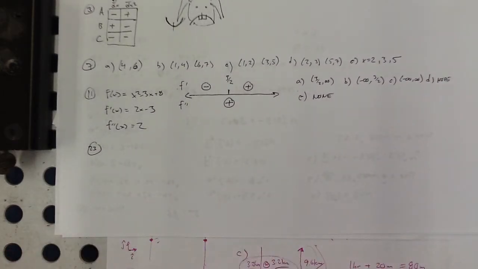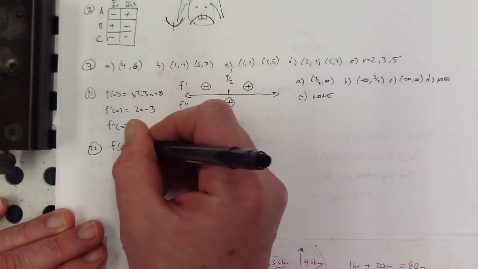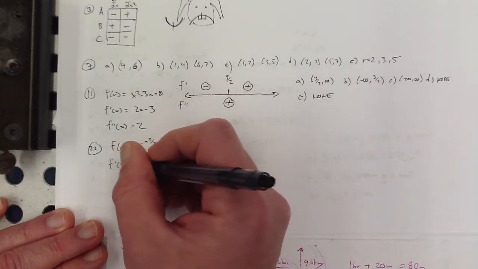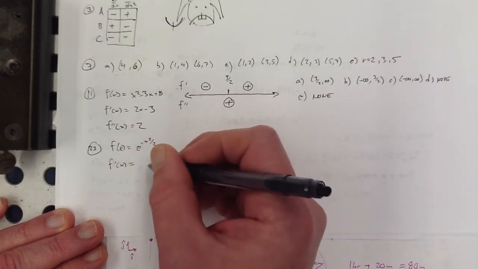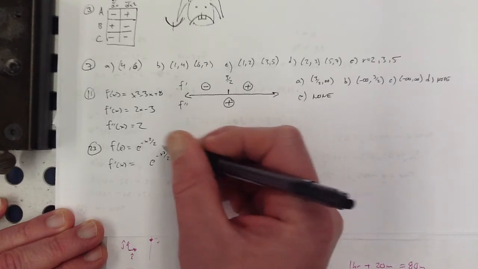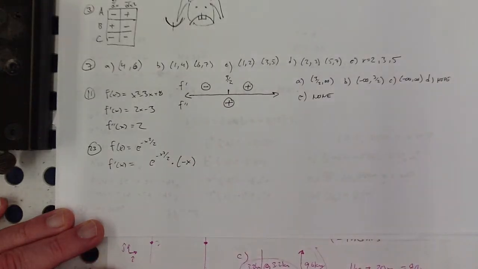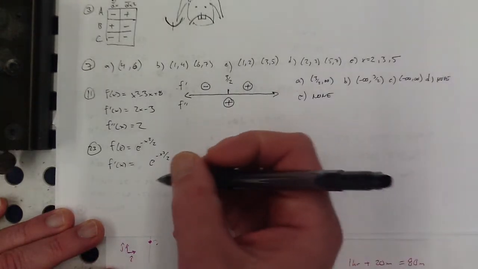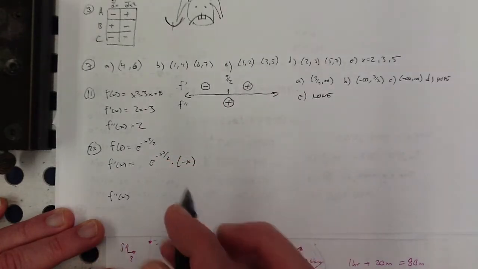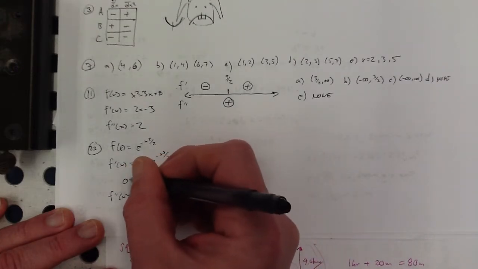Number 23, e to the negative x squared over 2. All right, what's the first derivative of that? It's the derivative of e to the whatever is e to the whatever times the derivative of what's inside. Okay? And then the second derivative, I'm leaving a little space there so I can, if I decide I want to find the zeros, that is, if I set that equal to 0,